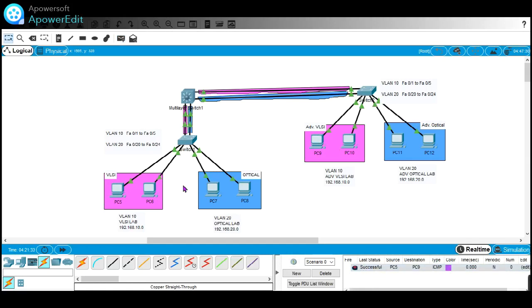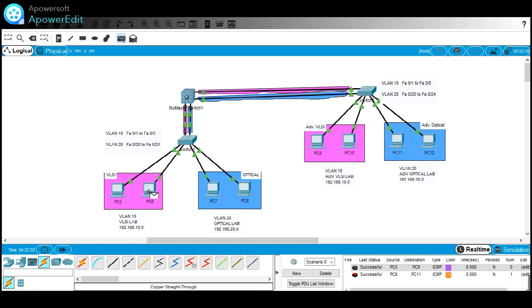If you try to communicate another packet from optical lab to advanced optical lab, see it is successful. Okay, so those packet communication is successful because they are in VLAN number 10, and that second one is VLAN number 20. The another thing that is from VLAN number 10 to VLAN number 20 is also successful.